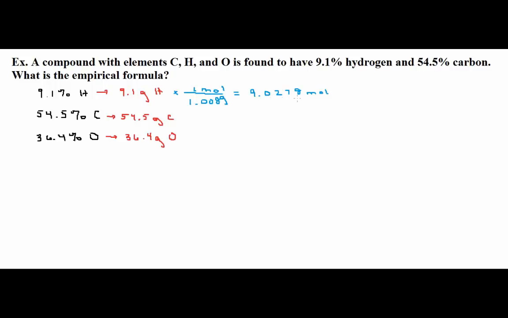The reason why I round to 4 decimal places is because if you round too much, you'll see that you actually will have issues finding the correct empirical formula, and you'll see that in just a second. So make sure you round to 4 decimal places at least. All right, I'm going to convert this to moles as well. Now the molar mass of carbon is 12.01, and so when I divide, what I get is 4.5379,